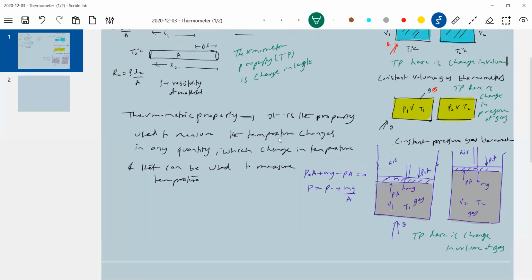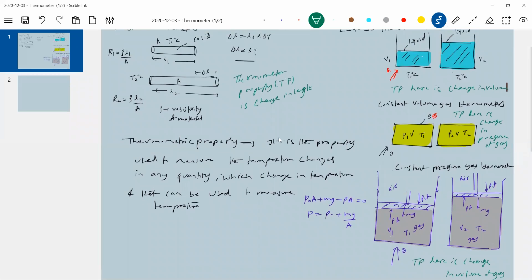Okay, fine. Some rough idea like this we are considering. Okay, let's go. So the property can be anything. The thermometric property can be anything. So how to generalize it? We need a general method. So therefore, I'll begin like this. So the thermometric property